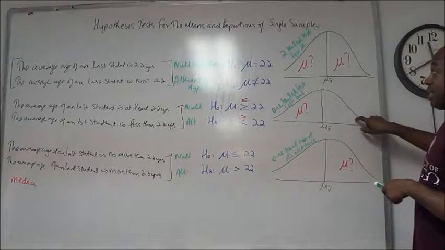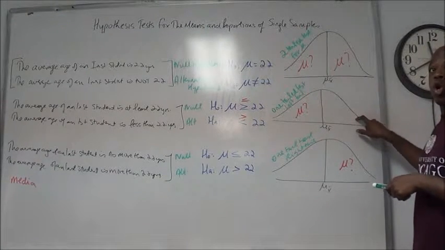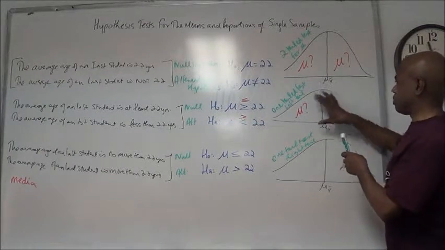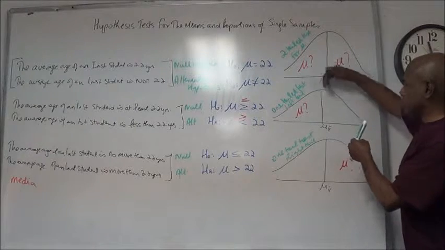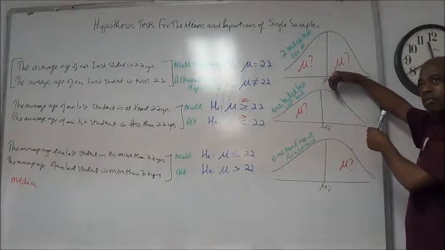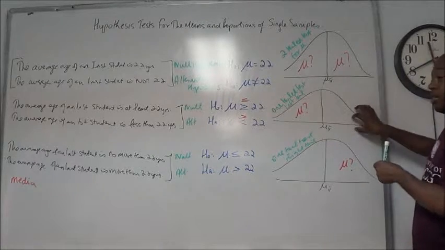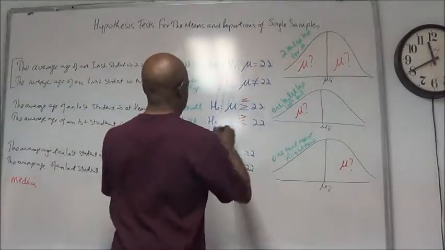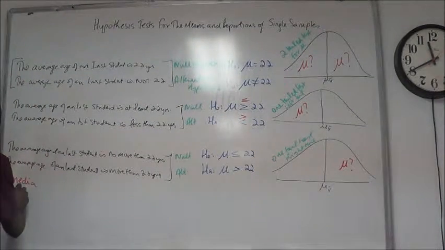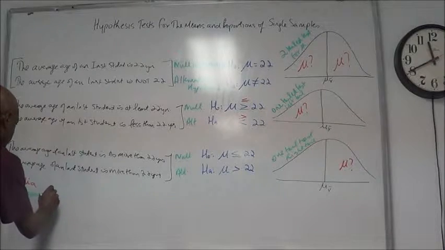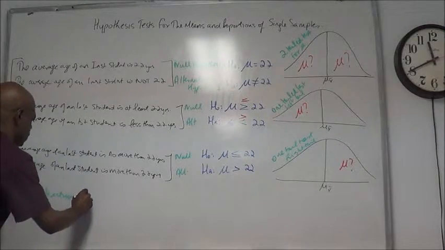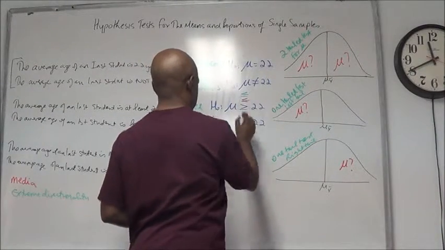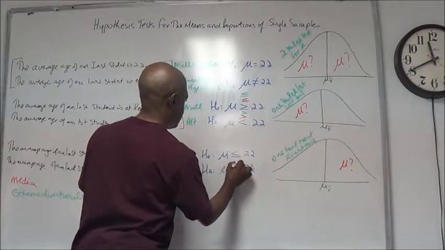If he says that it's in the tail of this distribution, you need to tell him to prove it. Prove that it's over here. Because if he says it's at least 22, that means you're looking at 22 and somewhere to the right of it. But if he says way more, he's saying over here, so you've got to tell him, prove that what you're saying is true. So if it's extreme directionality, he has to now prove it. So this would then become that.